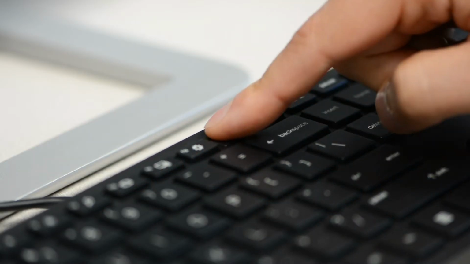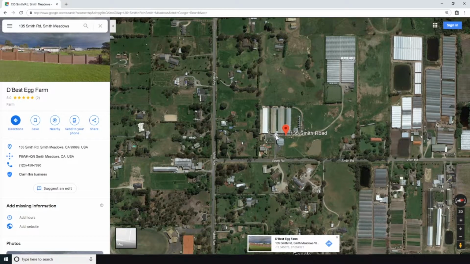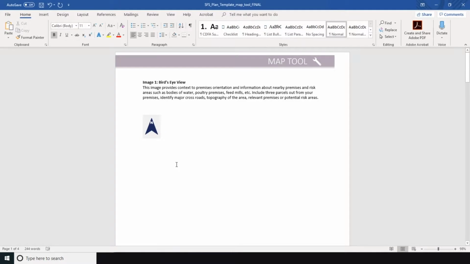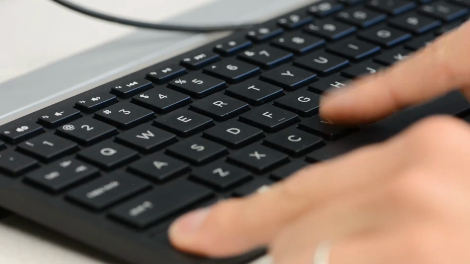Now push the print screen button on your keyboard. This will copy your computer screen as an image. Open the provided Map Tool, which is a Microsoft Word document, and click on and delete Image 1. And paste your premises map into the document by pressing the Control key and the V key on your keyboard